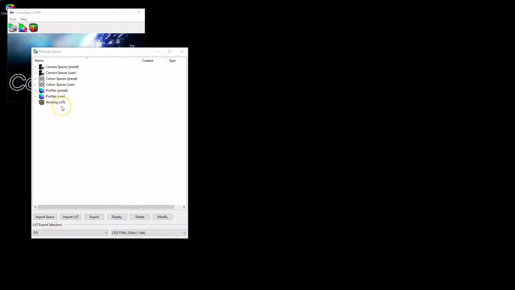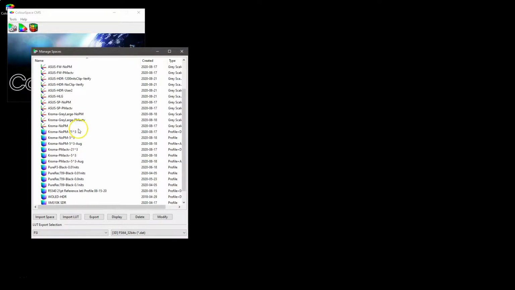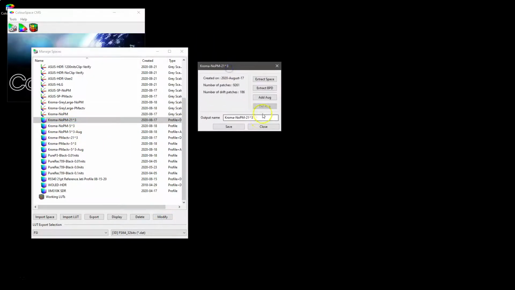Obviously, one of the prime uses of the managed ColourSpaces library is for display profiles, when displays have been measured and their characteristics recorded in a profile. Here we're not so much modifying a profile as using it to generate something different. So if we take, for example, this Chroma no probe matching 21 cube 3 profile and modify, we can extract from it a